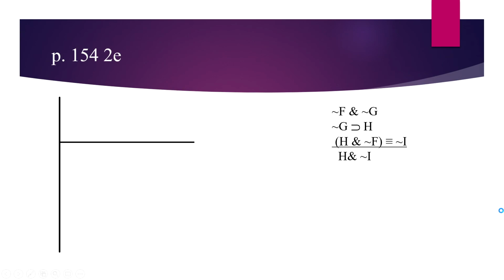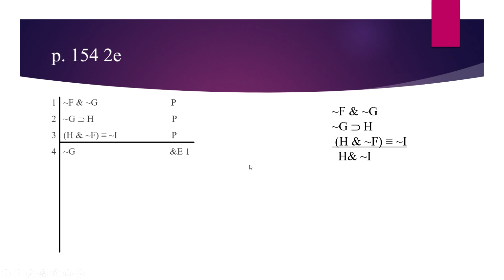The last problem was 2E. This one asked you to derive H and it is not the case that I from these three premises. Here our conclusion is a conjunction, so I'm going to try to get each of those conjuncts on their own and then use conjunction introduction at the end for the last step. Let's start by trying to get H. We see we have H as the consequent of the conditional on line 2, where the antecedent is it's not the case that G. I'm going to get not G by itself on line